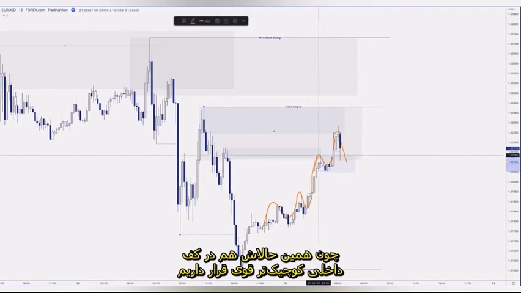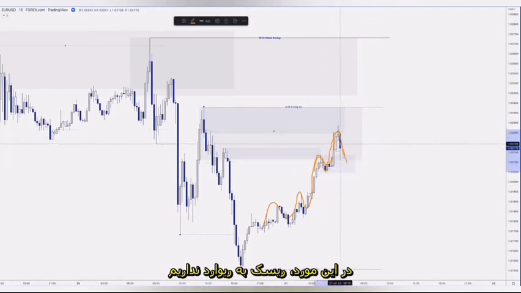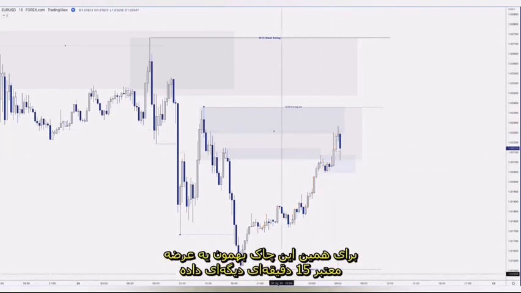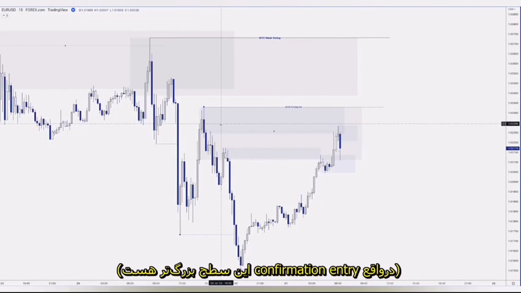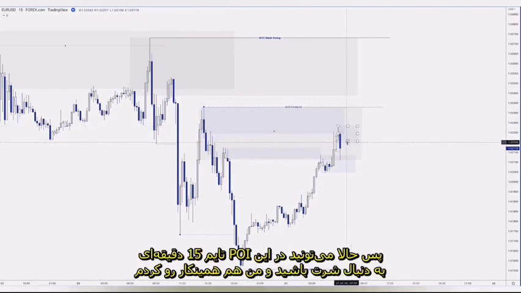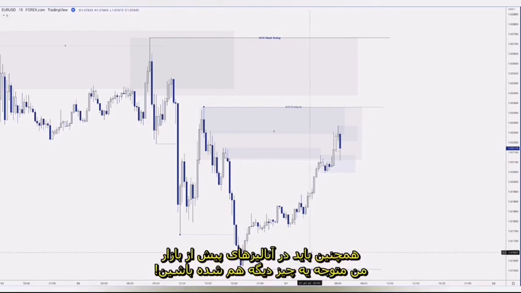We're already into that strong small internal low. There's no risk to reward in this case. So that's why this chalk does give you another valid M15 supply here, right? Essentially the confirmation entry of this larger level. So again, you're well within your rights to then get short within this M15 POI, and that's what I was looking to do. But as you would have seen in my markup, my pre-session analysis, I also had this small,